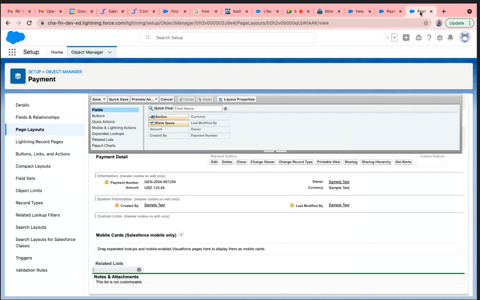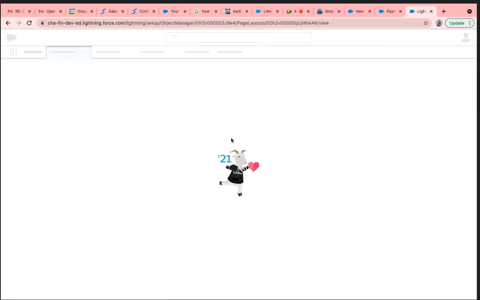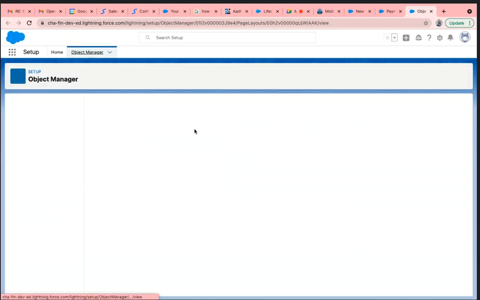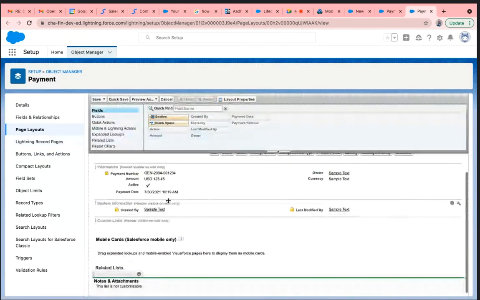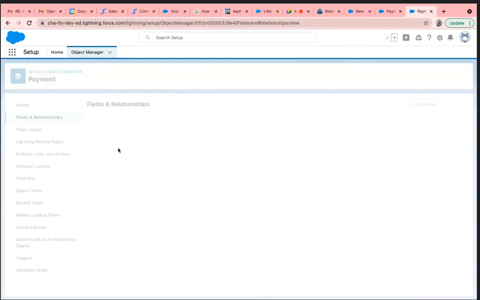Let's see why the fields are not coming, Krishna. Okay, let's see. I have created active and payment details. Still this field is not visible. Let's see.